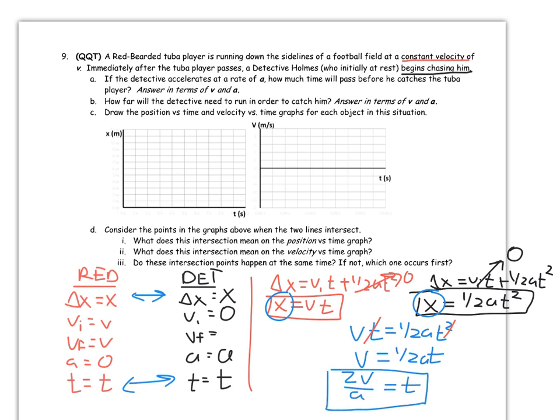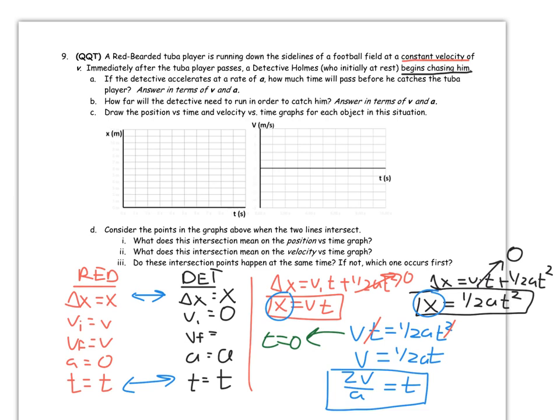Be aware we did drop a solution when we did that. Whenever you divide both sides by the same thing, you do need to be aware if you lost any solutions, and we did right here, but there is an easy way to find that solution. So what value could we plug in for t here that would also work on both sides? And the answer is 0. All right, and that makes sense. This t equals 0 would work as a possible solution because at 0 seconds, the displacements are the same. Right? Neither person has really traveled any distance at 0 seconds, and so it makes sense that that's a solution.